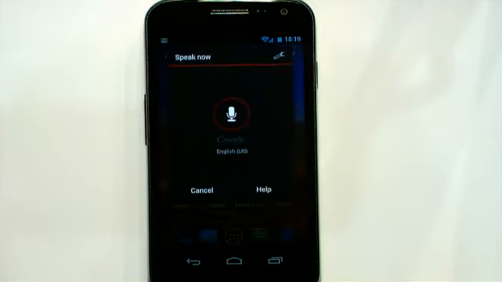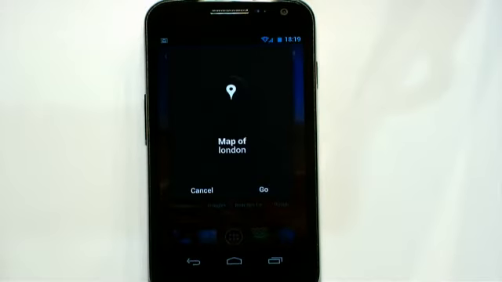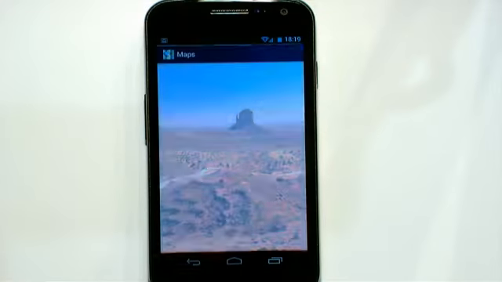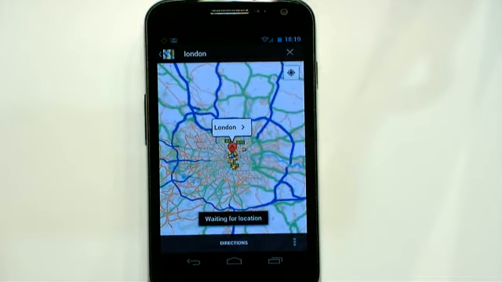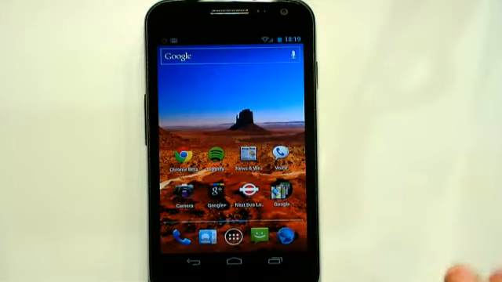Map of London. And the system both listens and understands that text and then figures out which application it should start to give me a map of London. And there we go. Without pressing any particular buttons, we have a map of London. Well, that's pretty great. I can even do pretty advanced things like, say,